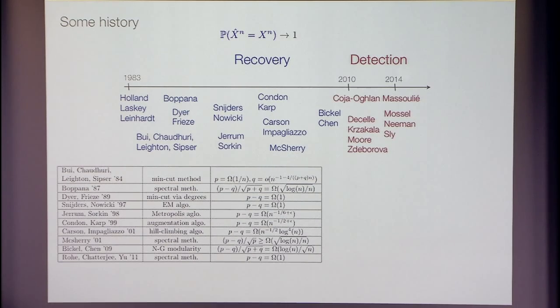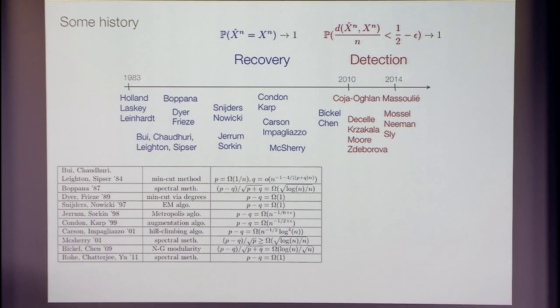Then there's been a new line of work that started around 2010, for the past 5 years, where people have changed the figure of merit. Instead of recovery, they looked at detection. This means that you only ask for a reconstruction of the nodes that is positively correlated. The other extreme, instead of recovering the full